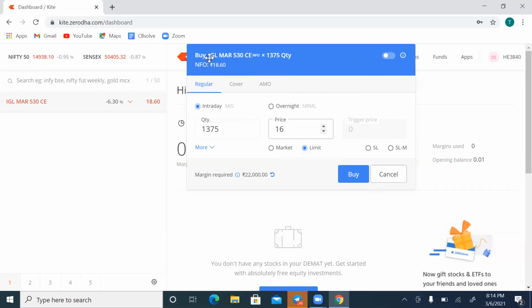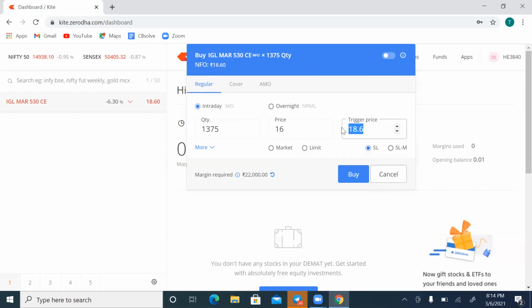But above this current price, if you wanted to place any trade, then you have to go with SL. So most preferable is SL and limit, based on the price that you are choosing. For buying an option, below the current price, if you want to take the trade, take a limit order. If you wanted to take the trade at a certain level or above, go for SL.